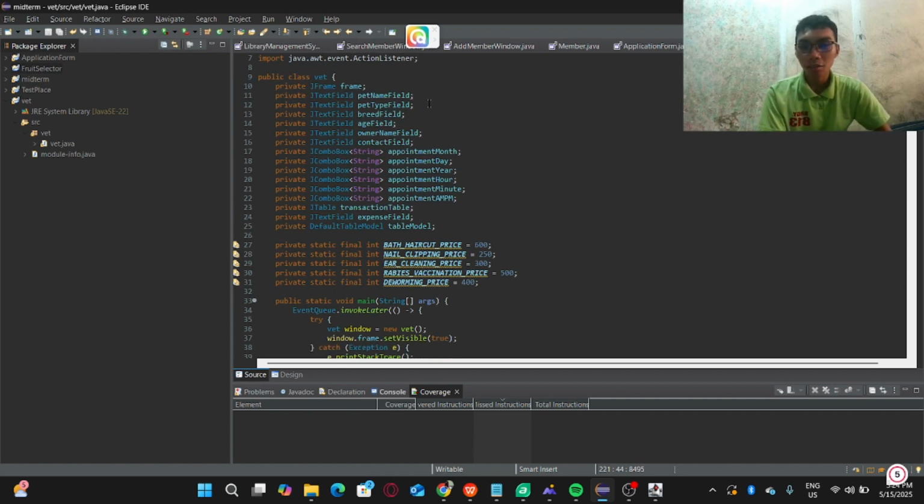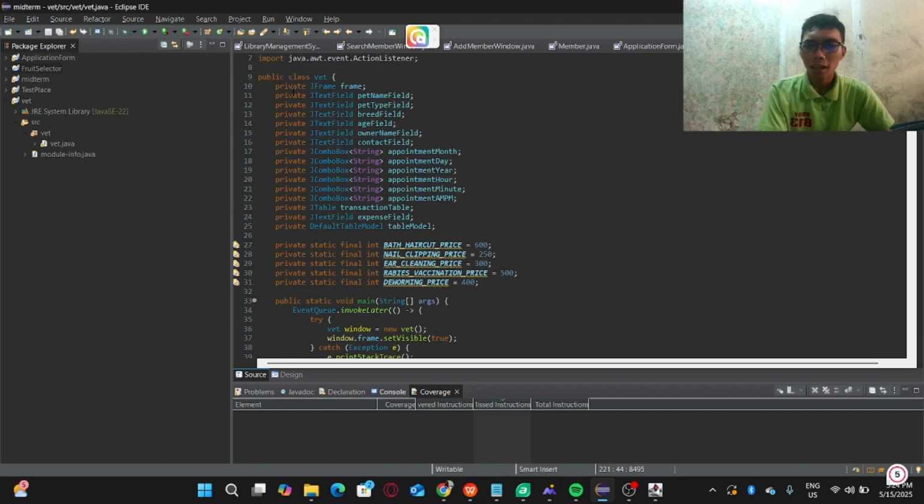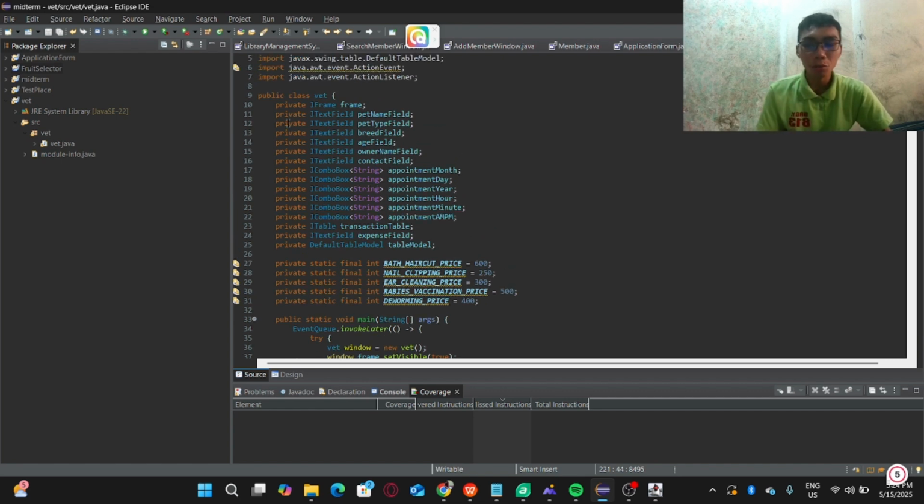In the public class, we will also iterate some variables that we will be needing, including the Java Swing components such as the JFrame, JTextField, and some JComboBoxes.